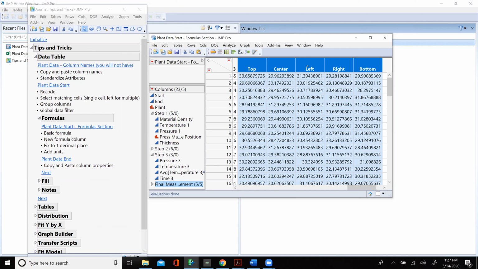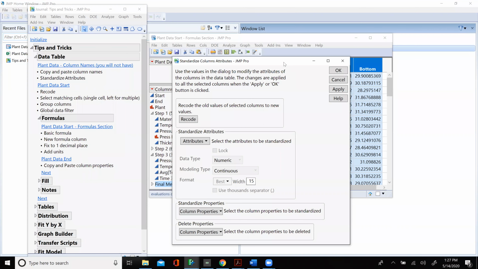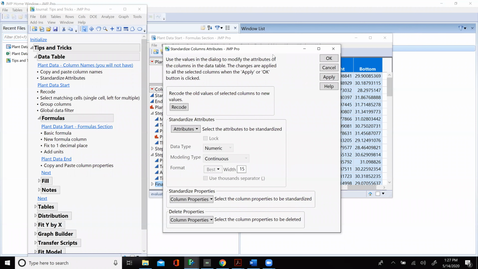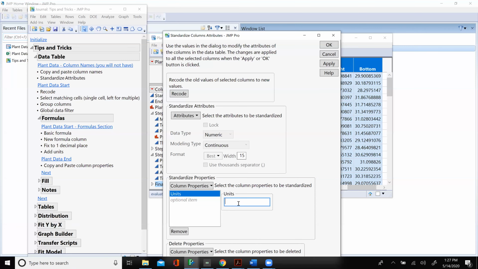All right. I'm going to have all of them selected. I'm going to right click. I'm going to go standardize attributes. Under standardized attributes, under column properties, first thing I'm going to choose is units. All right, I'm going to call this millimeters.